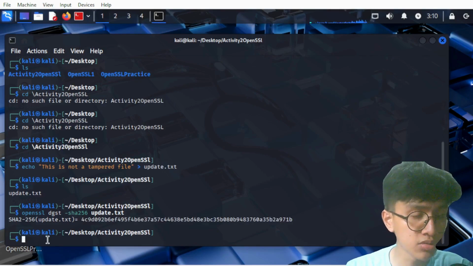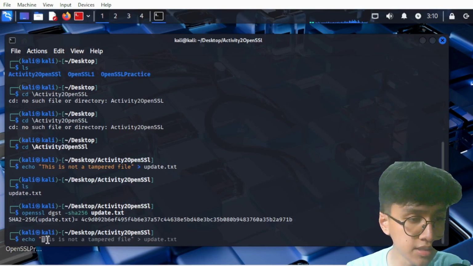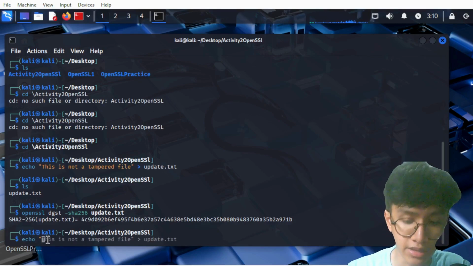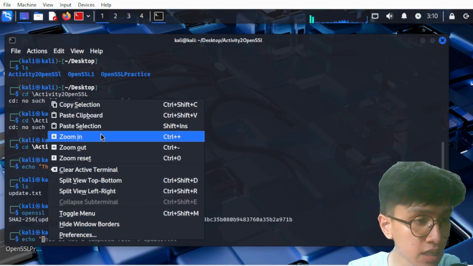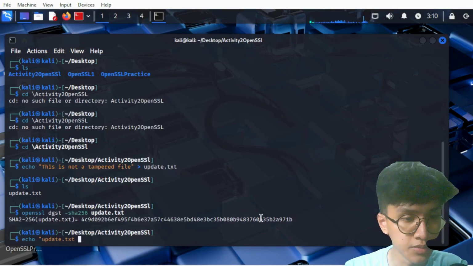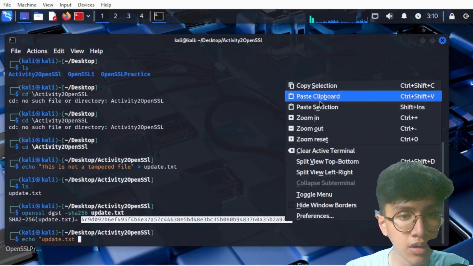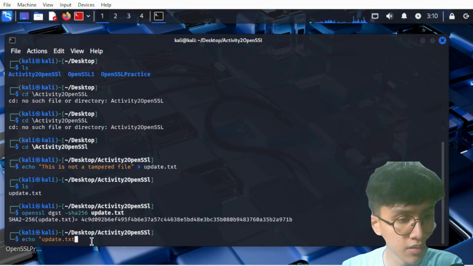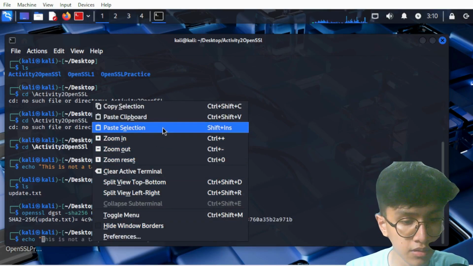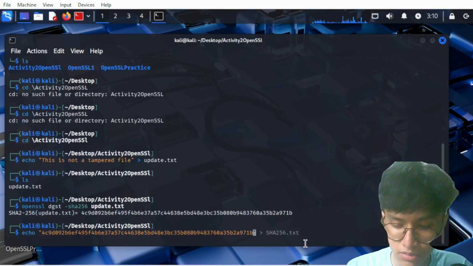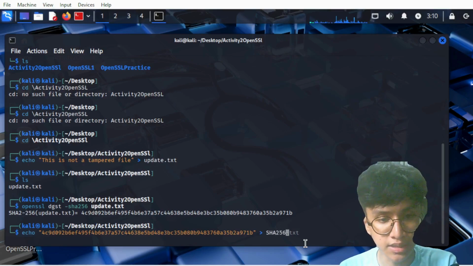So let's create a text file which contains this, so we can cross-check it later. So let's copy and paste the hash value. We're going to name it sha256.txt.